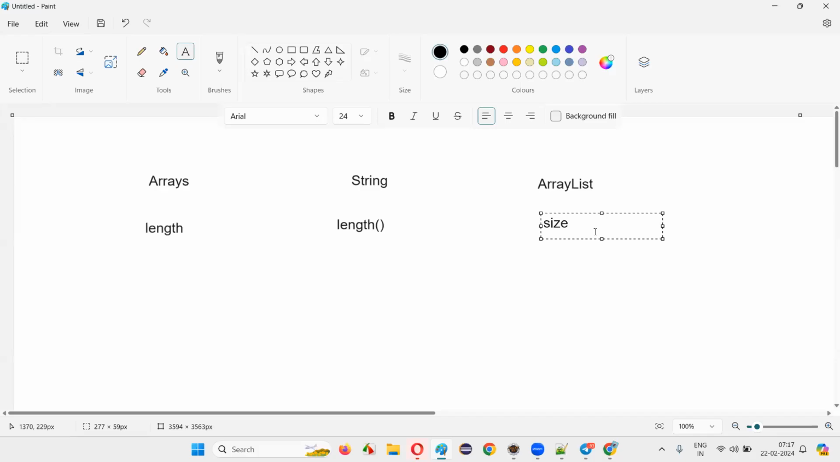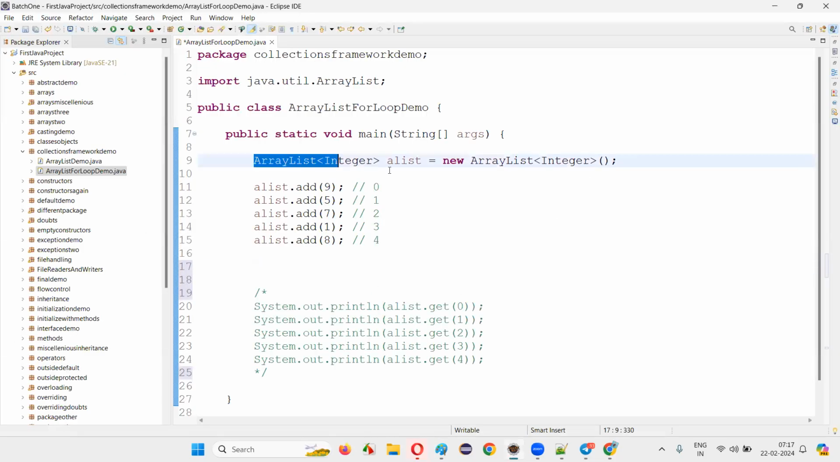So this thing you have to keep in mind, guys. To find the size of the array, we have to use length predefined variable. To find the size of the string text, you have to use length predefined method. To find how many elements are there in the array list, you have to use size predefined method. So these three differences, if you remember, then things will be good for you. So here in this case, to find the size of the array list,